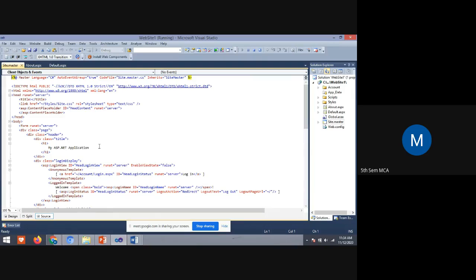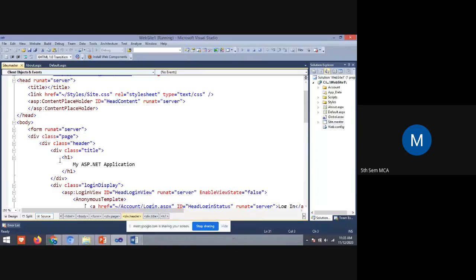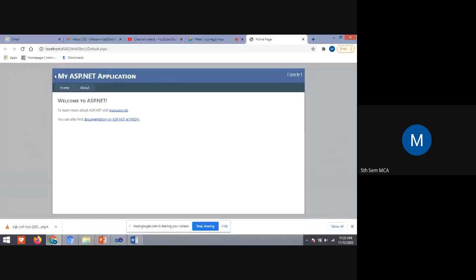In the site.master file, you can see using the h1 tag, my ASP.NET application. Yes, students, can you see this? To run this web page, we have site master, default page, and about us page.